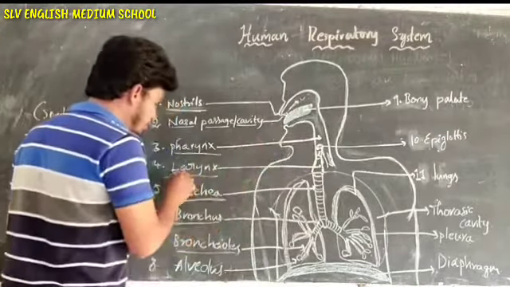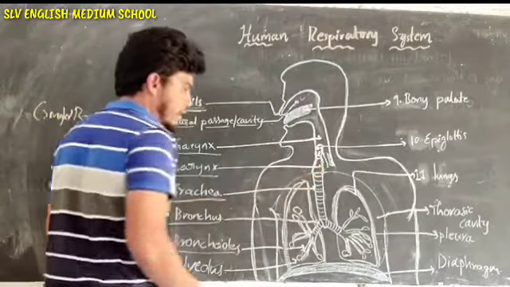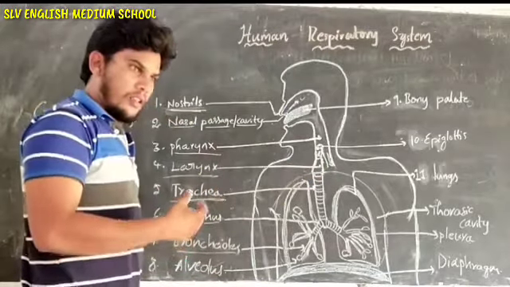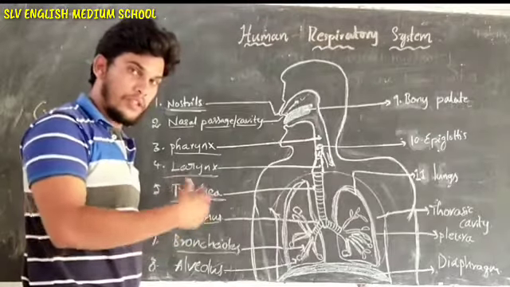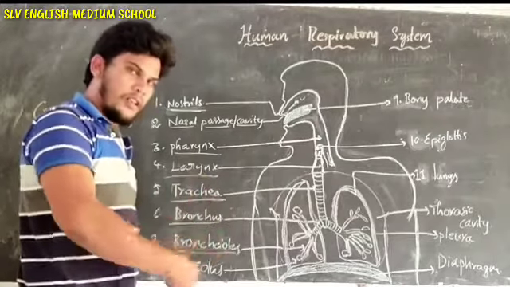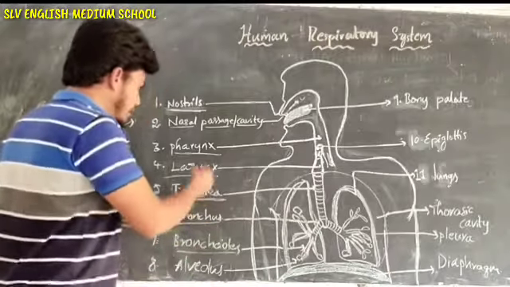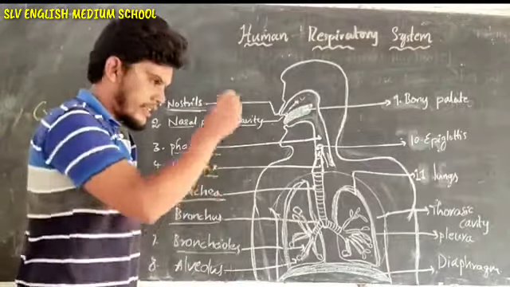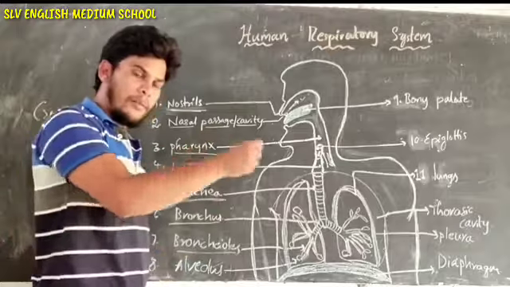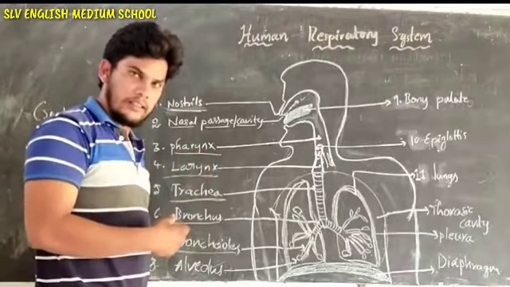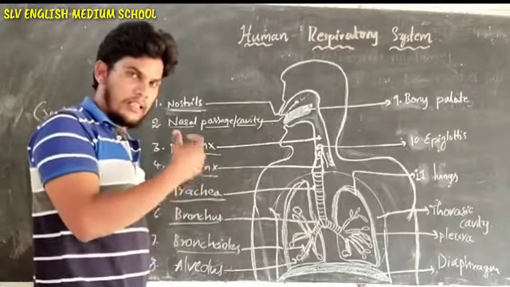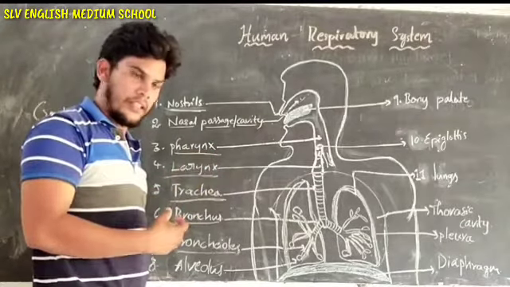The pharynx opens to the larynx. The larynx is also called the sound box. It consists of 9 cartilages. Muscles are present here to produce sound. By vibrating those muscles, sound is produced. Then the larynx opens to the trachea. The trachea is a long tube-like structure composed of rings of cartilage. It is useful to resist the pressure of the air.